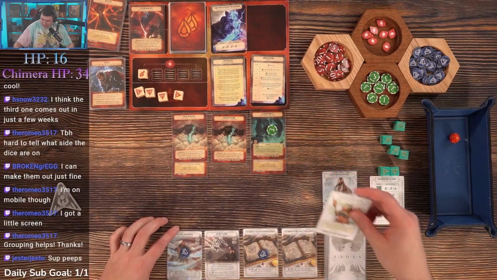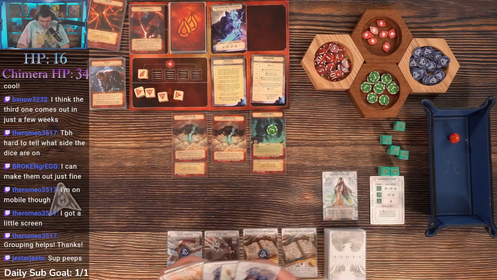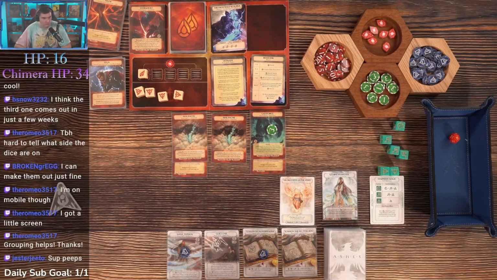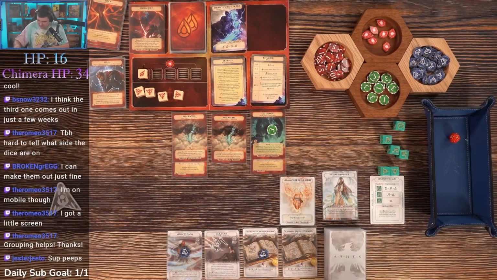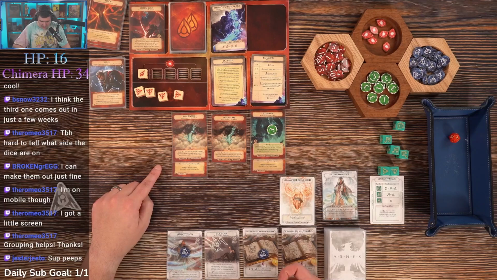Salamander Monk goes and gets destroyed, but then its ability goes Salamander Monk Spirit. Discard this card at the end of the round. Okay. We're going to be attacked by the Phoenixborn here, which I think...